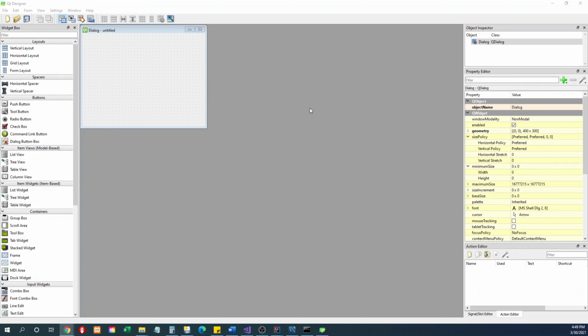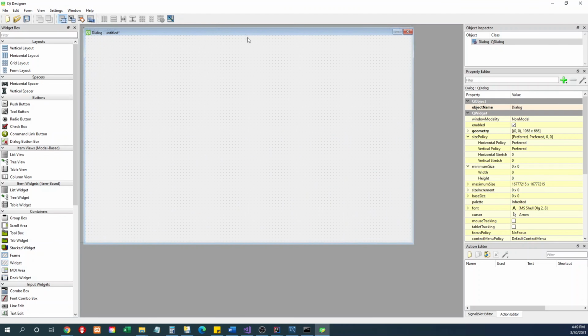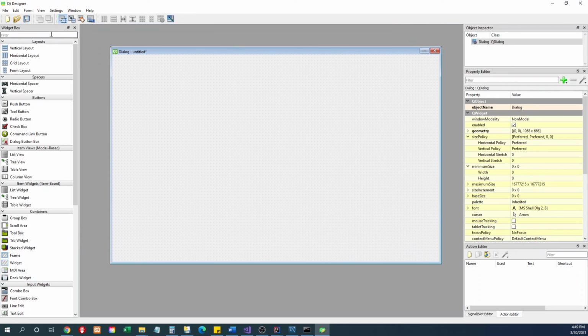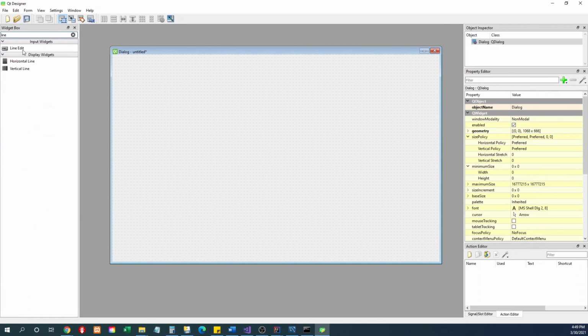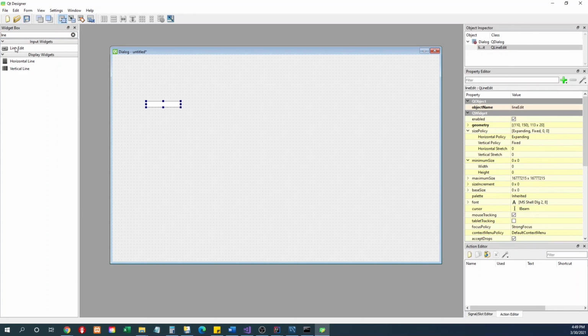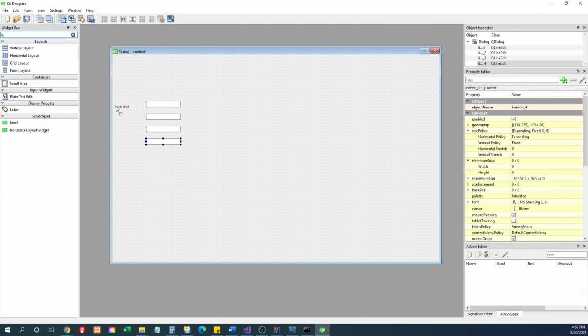Okay, last time we learned how to use SQL, MySQL, through Python. Today we are going to build a kind of manager. So use the line edit. I'm gonna need 4. So today we are going to just build a GUI for database managers. And then here the label,